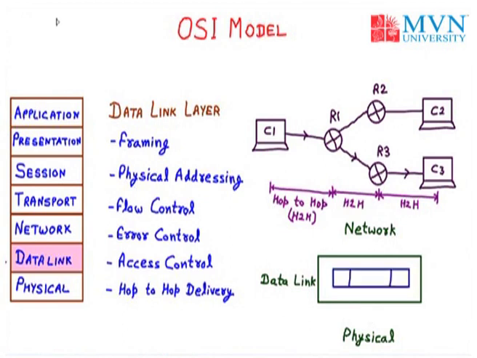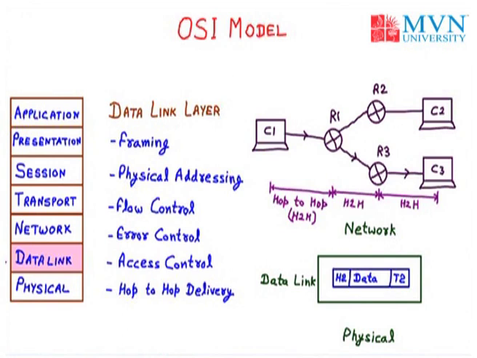So now we have the three parts which are coming from the physical layer to the data link layer. The first one is H2, that is the header part. Then we have the data. At last we have the T2. Here H2 represents H for the header, 2 for the data link layer, and T2 represents the trailer of the data link layer.